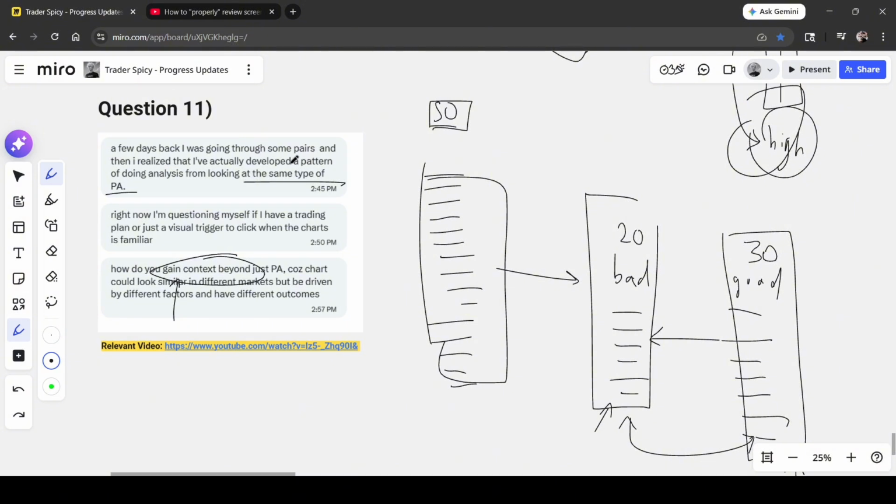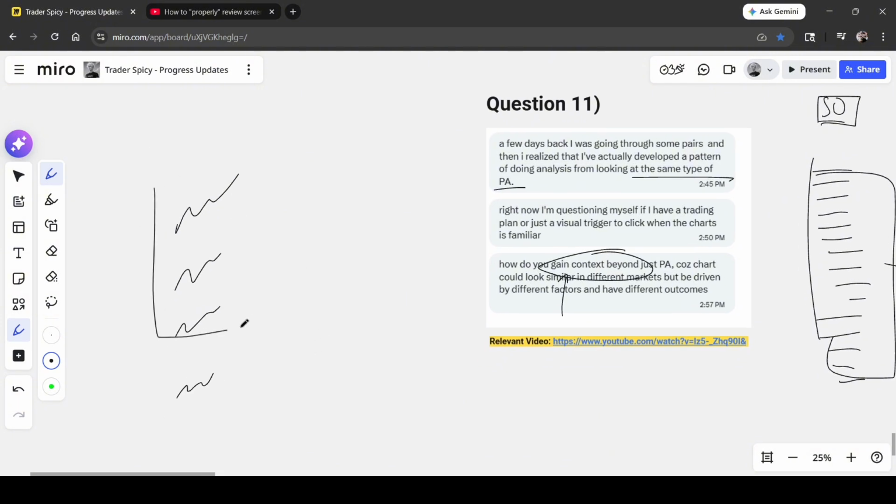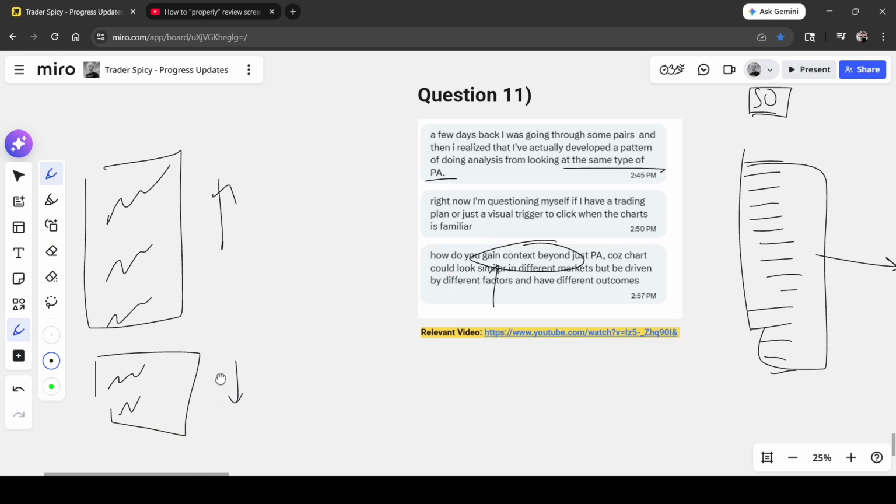And some of them which are making you money, there might be a reason behind that, and some of them which are losing, there might be a fundamental reason behind that. So you might have 50 screenshots which all have staircases, but for some reason, why does this batch make you money, and why does this batch of staircases lose you money? And you might find out that, oh,